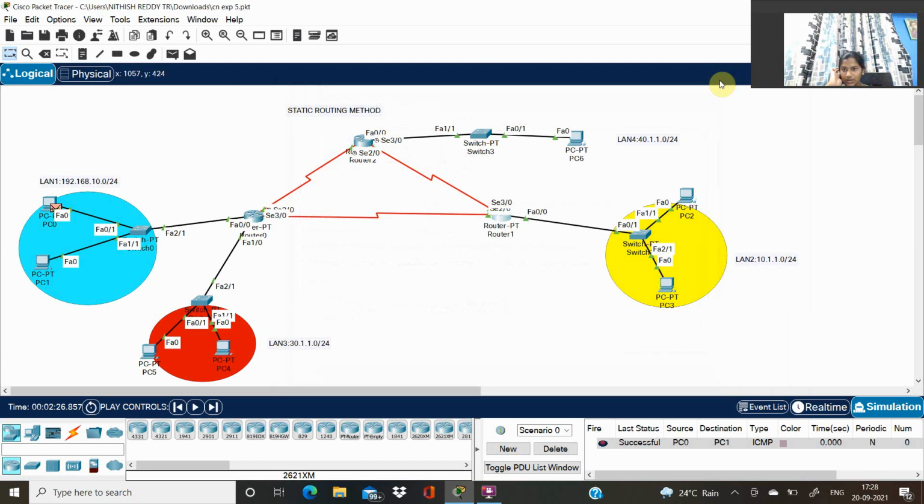Now let me send from PC0 to PC2 and check whether we are getting it or not, in simulation mode.